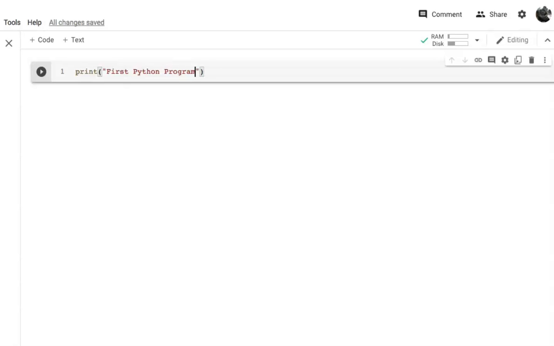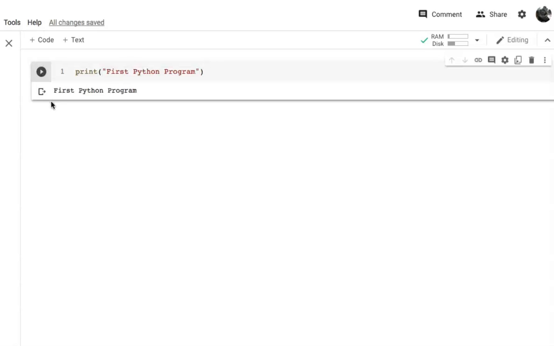Suppose I am writing here first Python program. Now let's run this. To run, just click here and your program will be running. You got this output, first Python program.